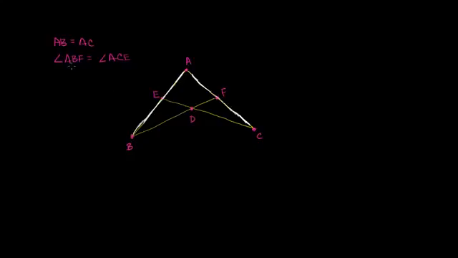And then we also know that angle ABF is equal to angle ACE, or you could see their measures are equal, or this implies that they're congruent, or they have the same measures. So this angle right over here is congruent to that angle right over there, or you could say that they have the same measure. Now the first thing that I want to attempt to prove in this video is whether